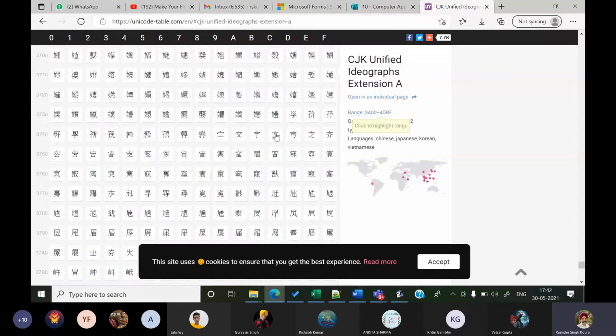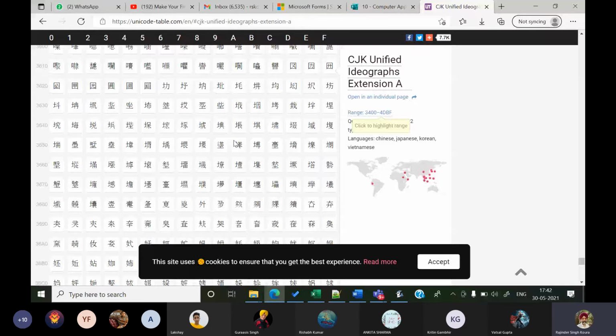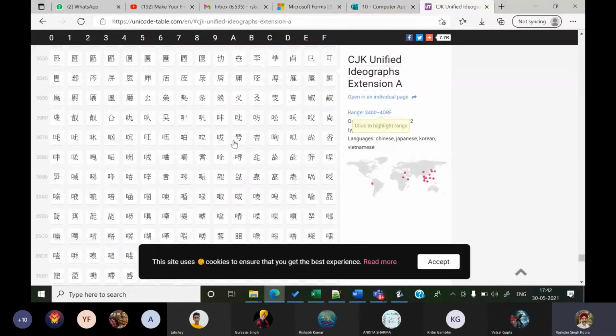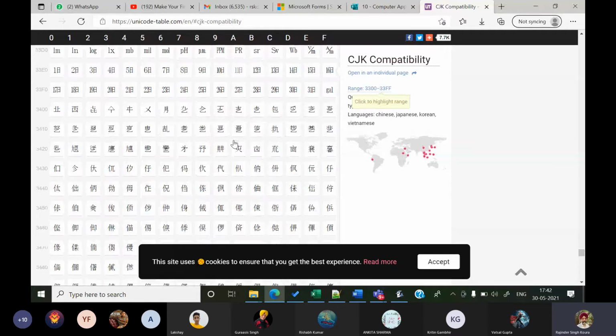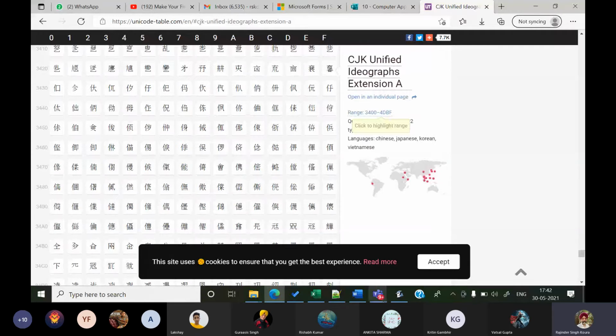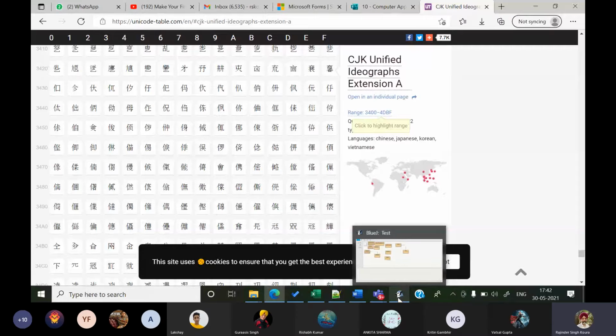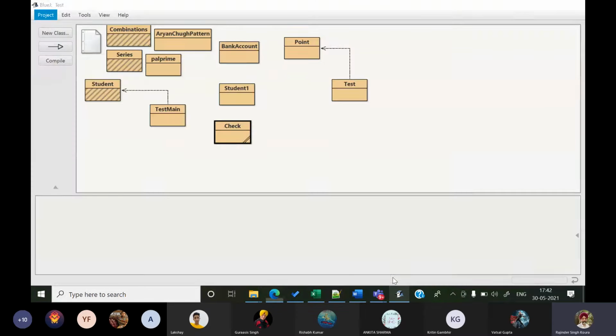You can see these are the Chinese script, and the Chinese script has thousands of characters. The Mandarin script. You know that? Now you know that the Mandarin script has thousands of characters, called pictograms.